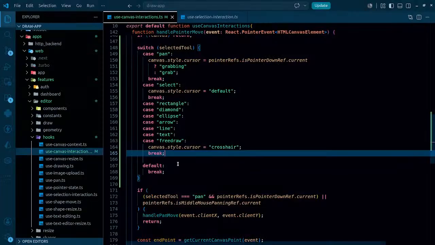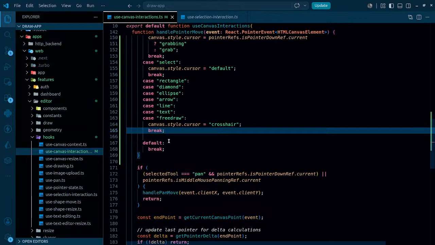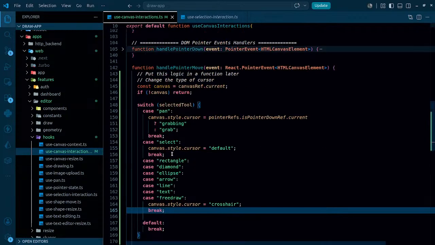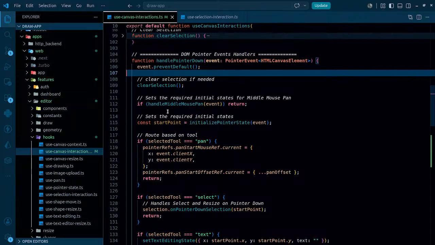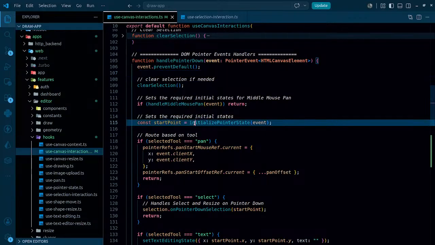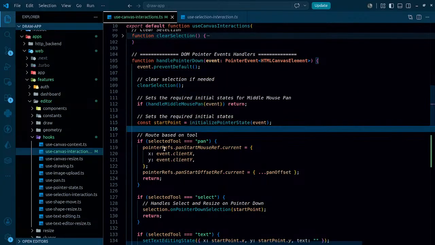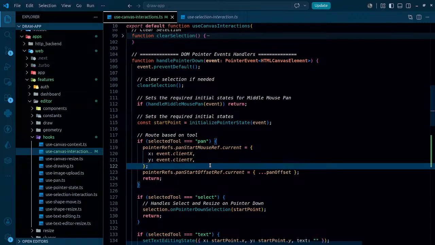But this is how it doesn't work, right? So in this particular case, as soon as I click, it starts panning. Come on, yes or no? Yes. So how can I make it quick? Apart from this particular, let's fix this thing first of all. So as soon as the mouse is clicked, that simply means pointer down over here, and when we are starting the initializes and all, so if that is equal to pan,